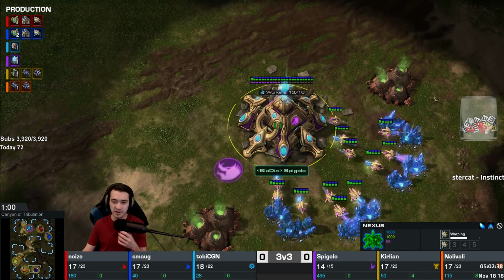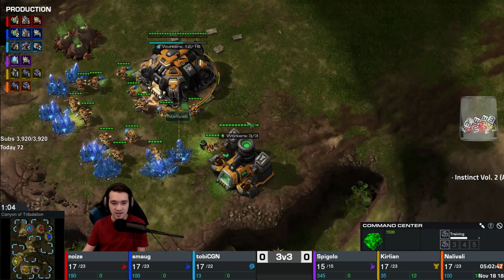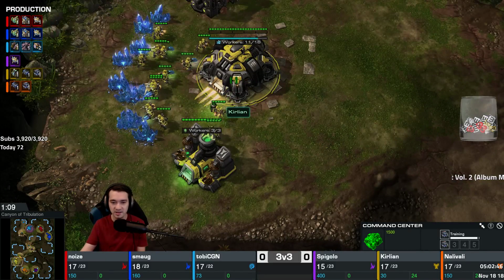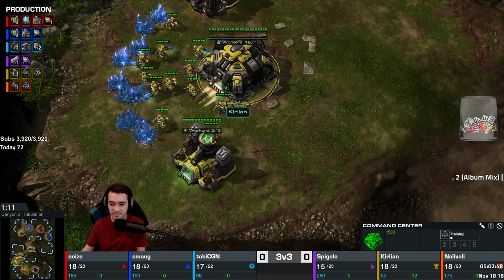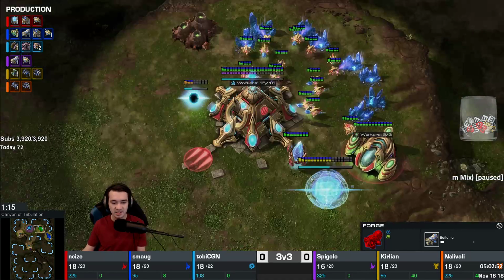It's from the whatever that clan is. Spigolo. Nali Vali as Terran. And another Terran. Curlian. Smaug. What is this? This is...